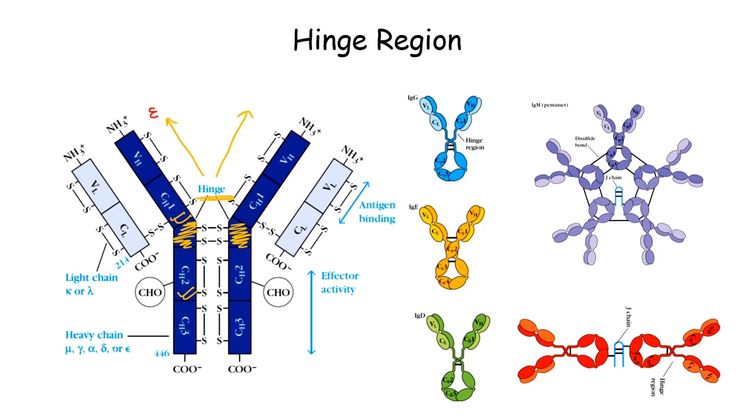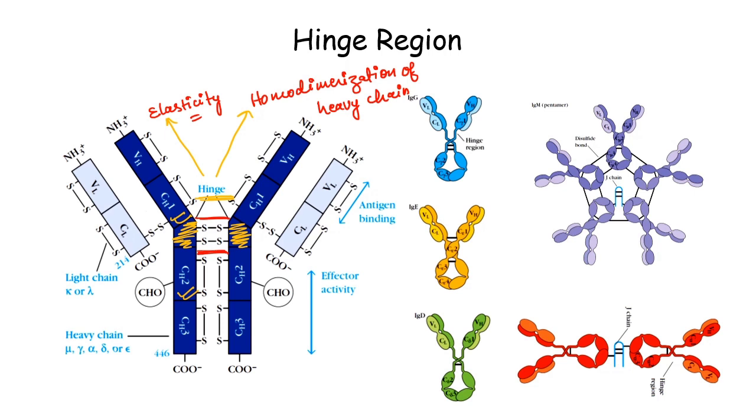The first property is elasticity. This elasticity helps the immunoglobulin to bend at different angles and this facilitates it to bind to different antigens. Second is homodimerization. Homodimerization of what? Homodimerization of heavy chain. In the hinge region, there are disulfide bonds in between the two heavy chains. So these disulfide bonds help in dimerization of the heavy chains of the immunoglobulin. So these are the two different properties of hinge region.